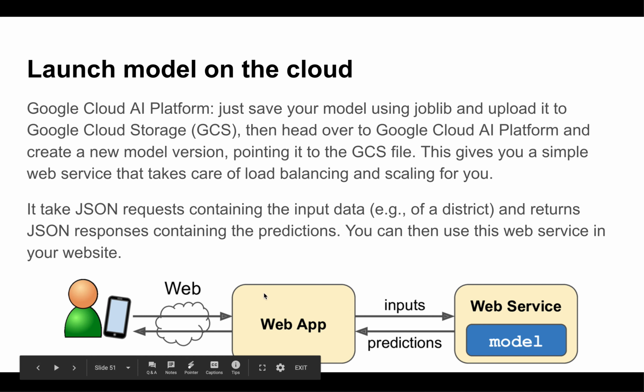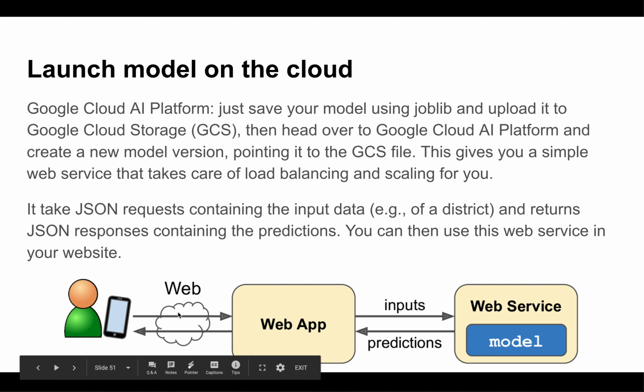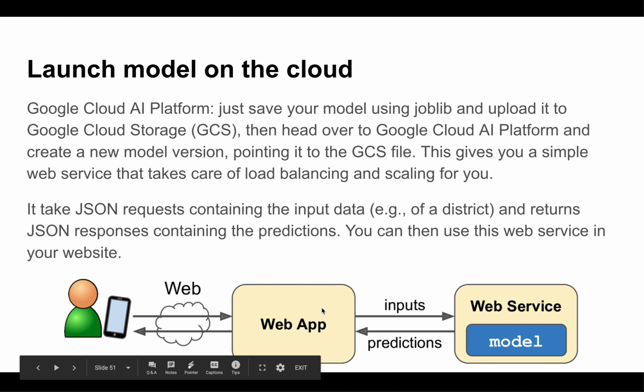And then on the front end, you're going to have some sort of web app. So this is going to be on the browser, and the user can visit your website, enter some of the features of the house and hit predict. So the real estate agent wants to enter all the things and see how much this house really costs. And so your web app right here is gonna send,